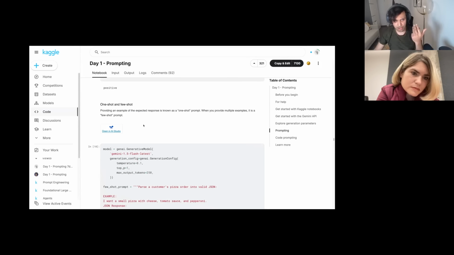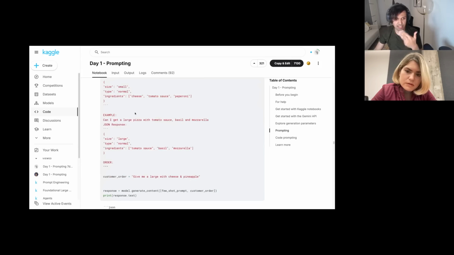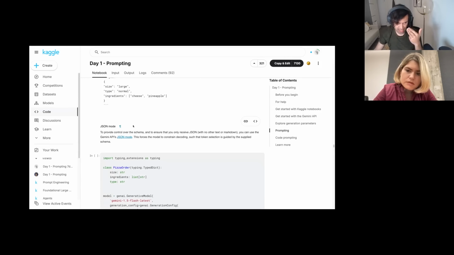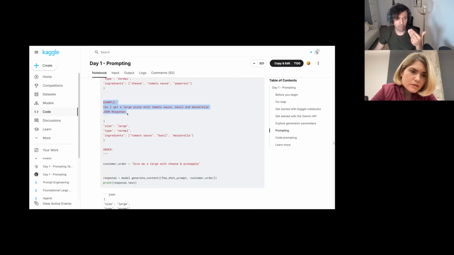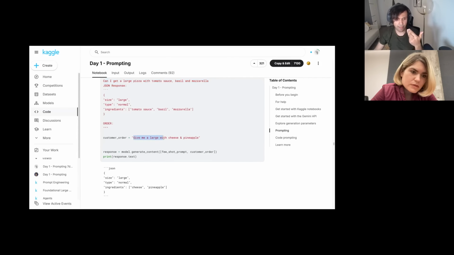Now, we talked earlier about giving an instruction and just asking the LLM to generate an answer. But we can go beyond that. We can give an example or even multiple examples of input and output to the LLM, and it helps it understand by example. And that helps improve performance in certain use cases. You would see an example here, where giving a few examples of what the response should look like helps it reason and generate